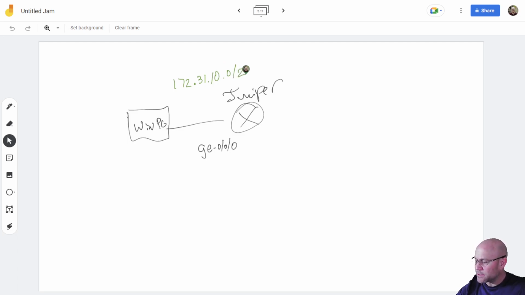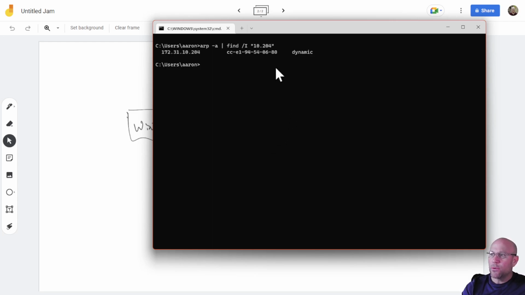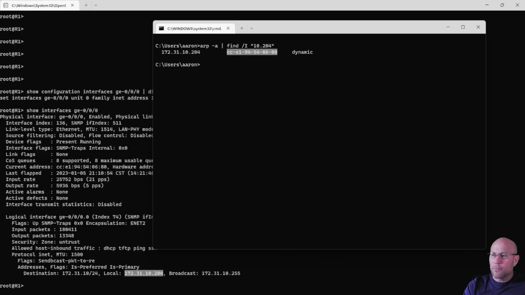Of this 172.31.10.0/24 subnet, Windows is .243, Juniper is .204. Looking in the Windows ARP cache, we can see it with arp -a. If we pipe to find, we can look for a specific string. 10.204 would be the MAC address of the Juniper device. And we can verify that by coming over here to the Juniper device and looking for